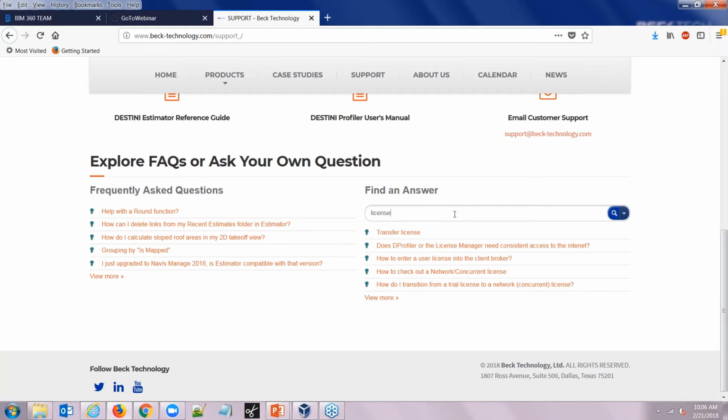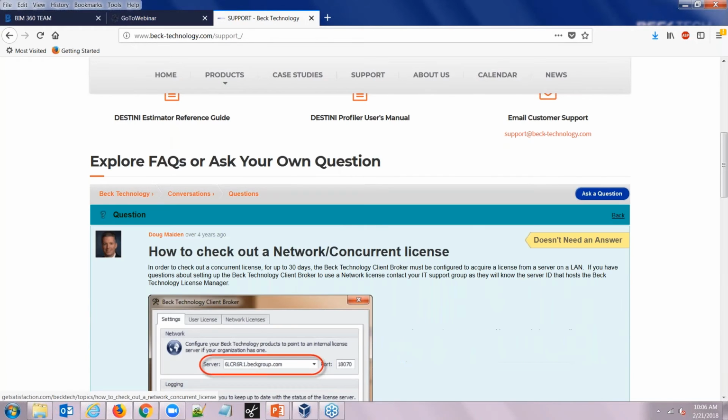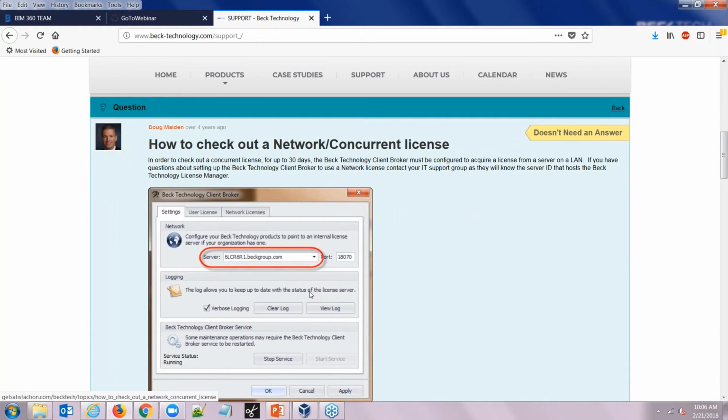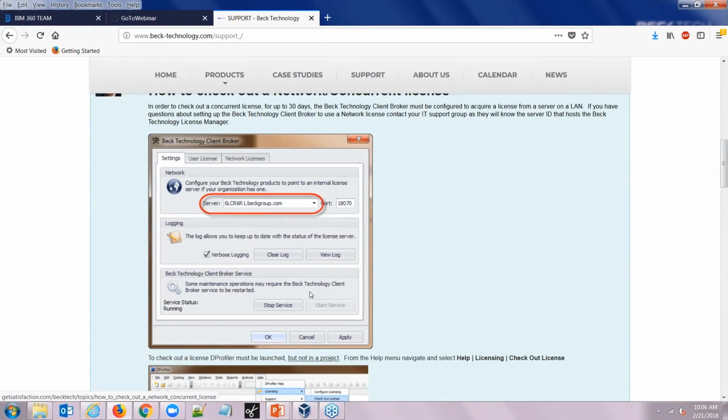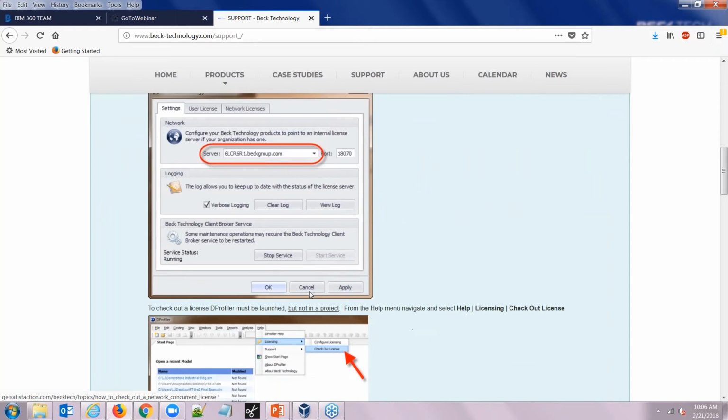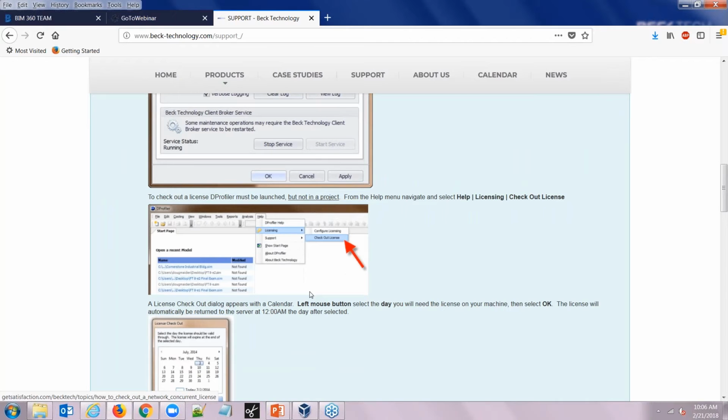So, how to check out a network license, click on it, and this link takes you straight to the actual community. So you'll see the answer to the question that you're actually trying to pull up right here. And that's it. The other way is through my email link,